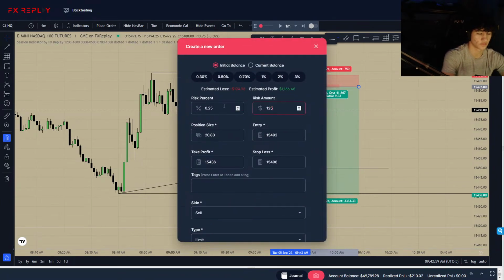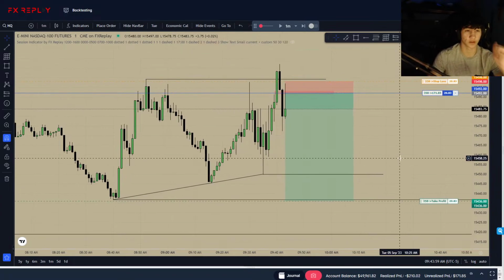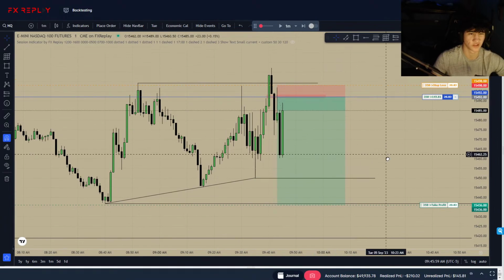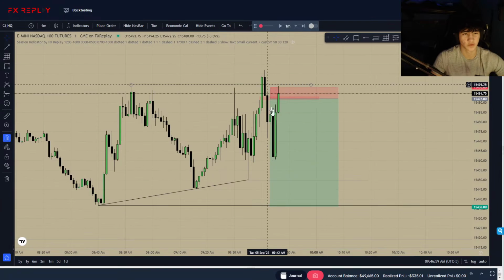And our risk, 125. So you just took it right after we ran through it? Yeah, I kind of like this. So we tapped into it. Now I want to see what we do lower. Okay, this volatility isn't really something I like. I like how we tapped into it, instantly rejected.